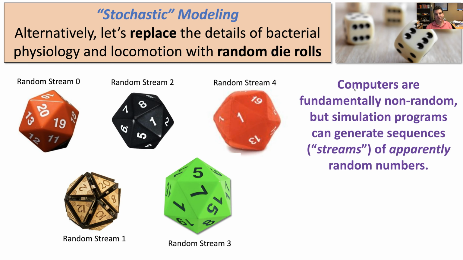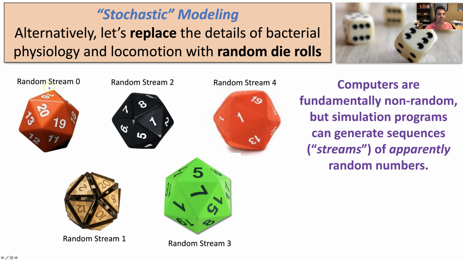Now, inside a computer, you don't have a source of randomness, at least not a good one. A normal computer does not have a true source of randomness, and the sources of randomness that are built into normal computers are a little bit limited in what you can do with them. And so instead, what computer simulation designers have done is they have given us streams. So these you can think of as sequences of known random numbers that are stored inside the computer.